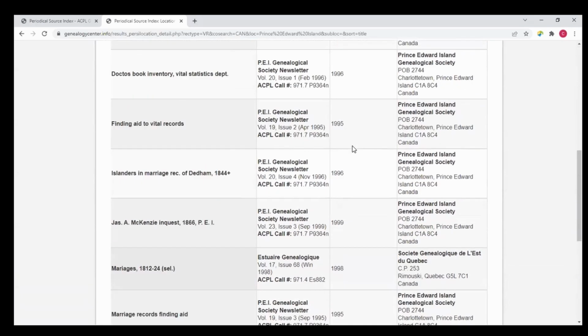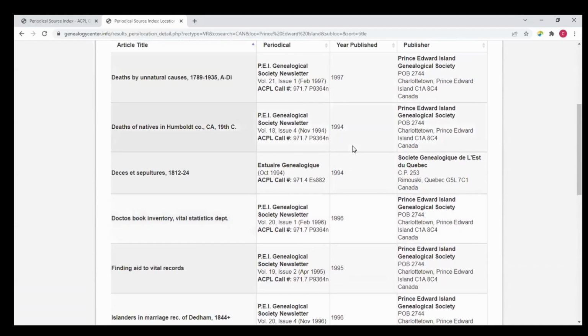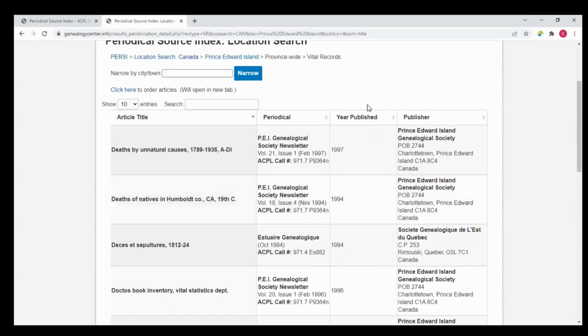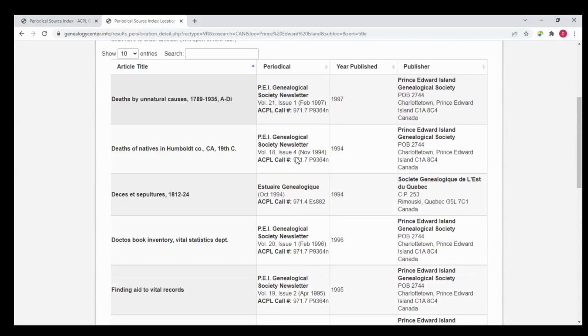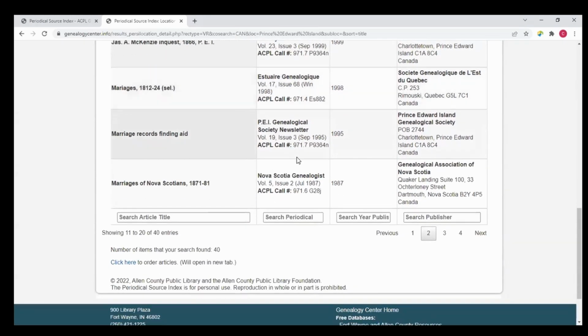You can see that many of the things that we find in book form, that we find online on websites, through Ancestry, FamilySearch, many of these same things are being published in periodical literature. Not the exact same things often, but similar types of things. So looking through the collection of Canadian materials in serial form is relatively easy.